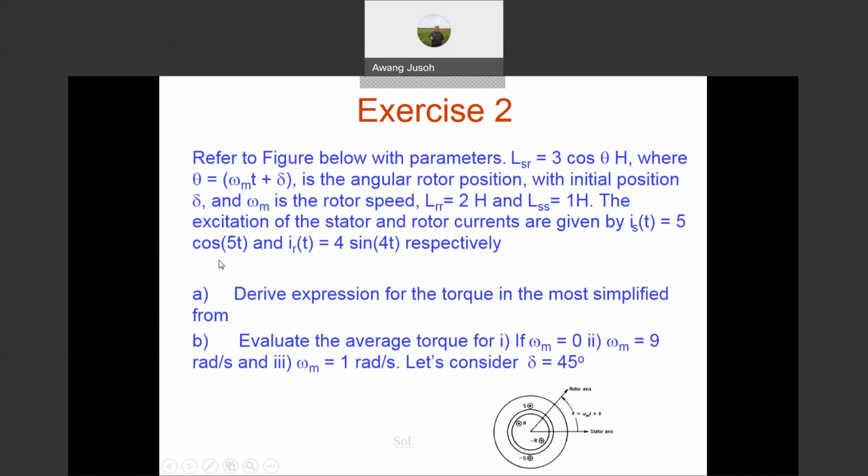The first waveform is a cosine waveform of current. The second one is a sine waveform of current. So what we have to do now is find the equation for torque in this machine. Find the equation for torque in this machine. So again, we use the